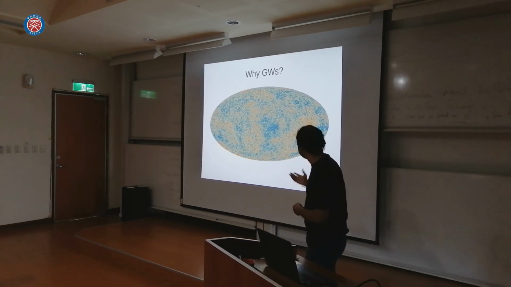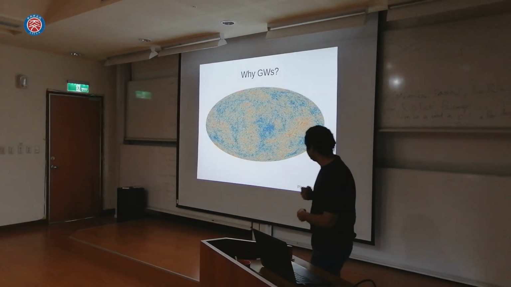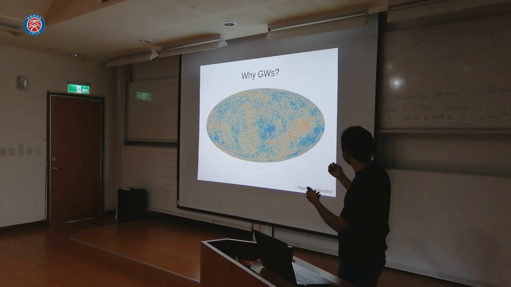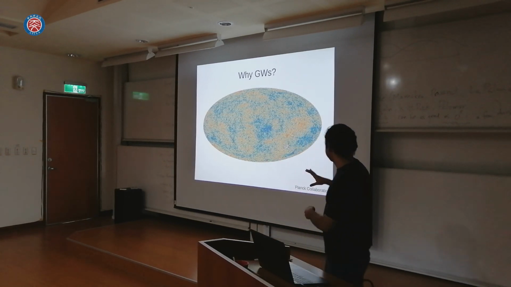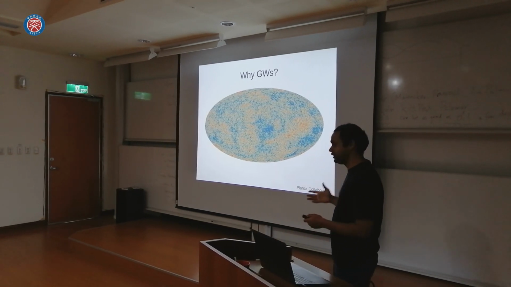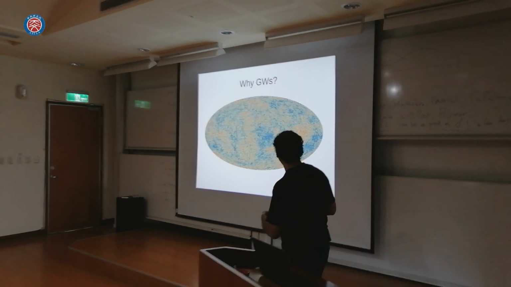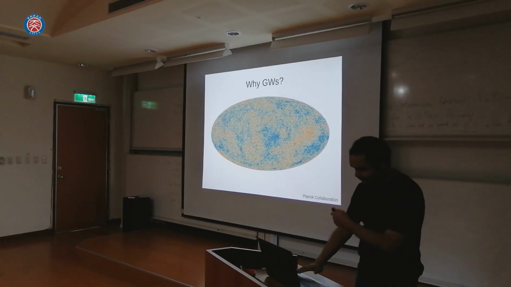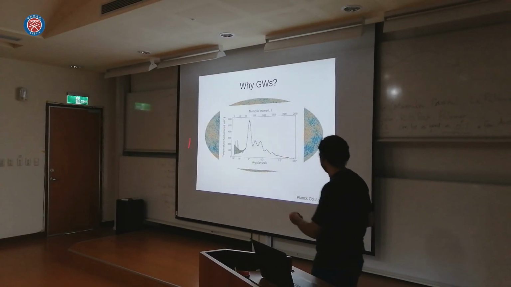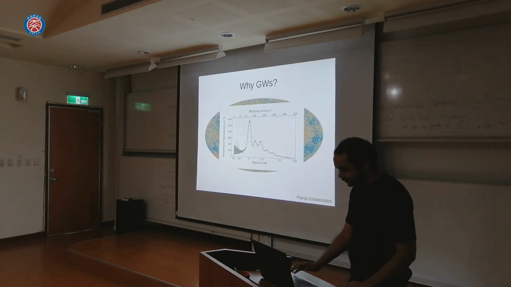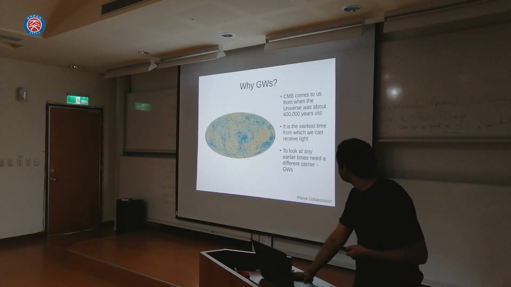What is really cool in this map is that these temperature differences are actually at the microkelvin level. So we see how finely we can observe even temperature differences of microkelvin orders. And this represents the density fluctuations in our universe that were already present at the time of recombination, which is where we get the cosmic microwave background from. Using this map, or the equivalent power spectrum, which I'm sure you've seen many times before, we can learn something about the physics of the early universe. So some questions that are of interest.